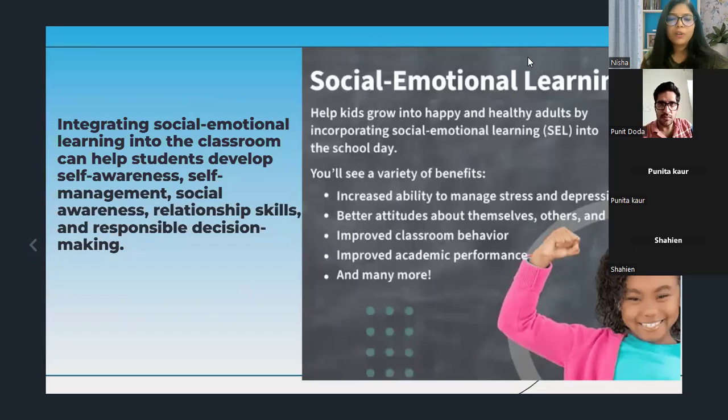Daily mindfulness exercises or peer mentoring programs can be particularly effective. So integrating social emotional learning into the classroom will definitely help the students to develop self-awareness, self-management, social awareness, relationship skills, and responsible decision making.